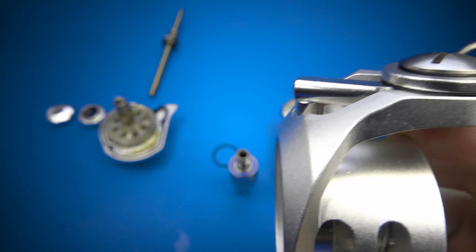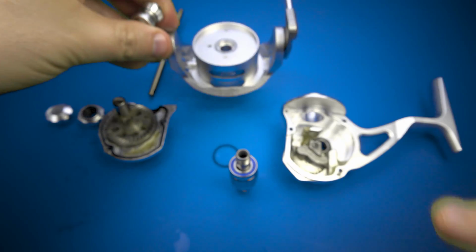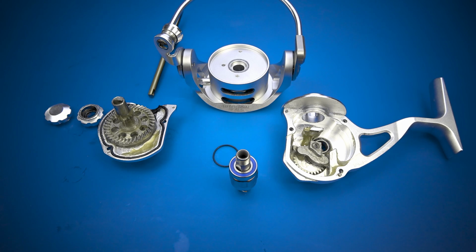it proves out. Now, I haven't seen too many issues on the interwebs with the 6000 that's been out in the wild for a while. So, is it proving yet? I don't think with a quarter season and a couple reels in the wild, I wouldn't consider it proving yet as far as the design is concerned. However, I can say I like this design better than some reels from Penn, mainly the Spinfisher and the Slammer